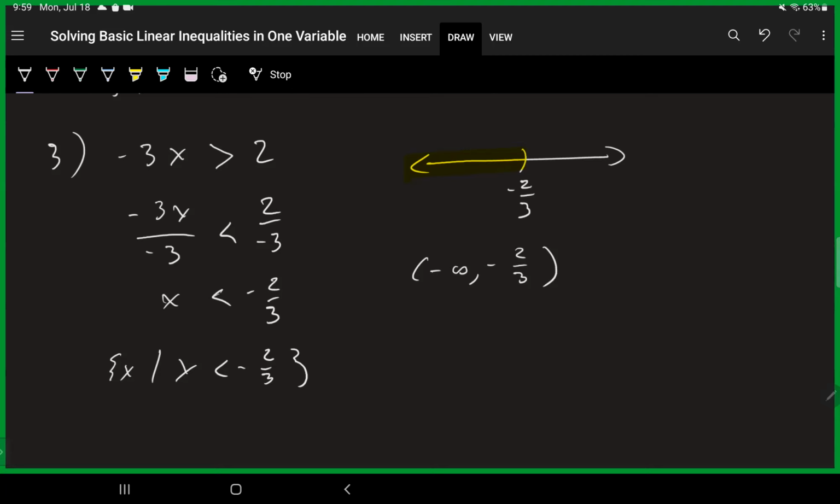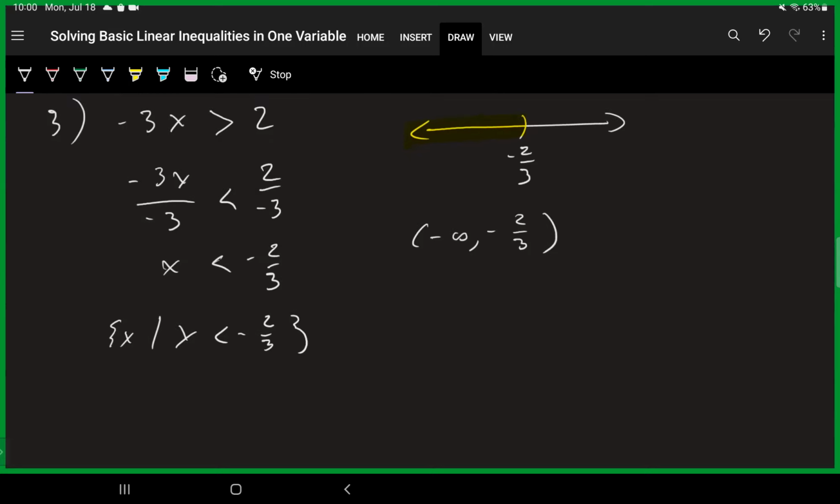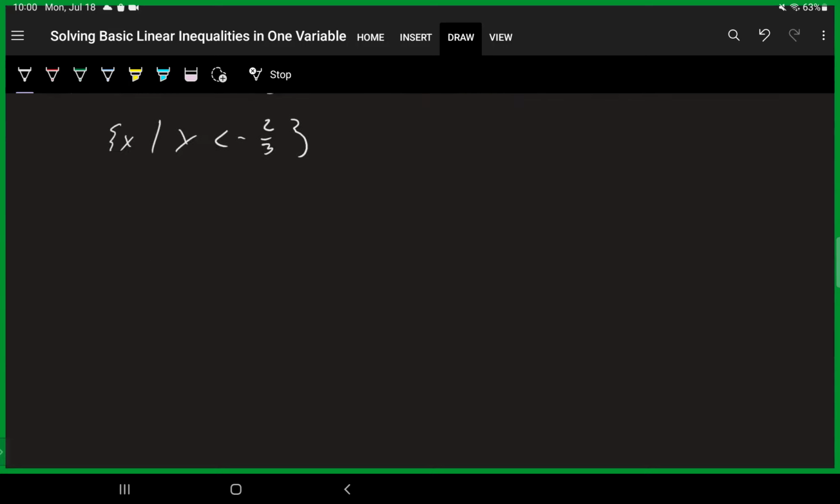And that is an example where we have to deal with changing that inequality sign. Just like linear equations, things get a little bit more complicated. So let's do 2 more examples. Let's do 2x minus 8 is bigger than or equal to negative 3.